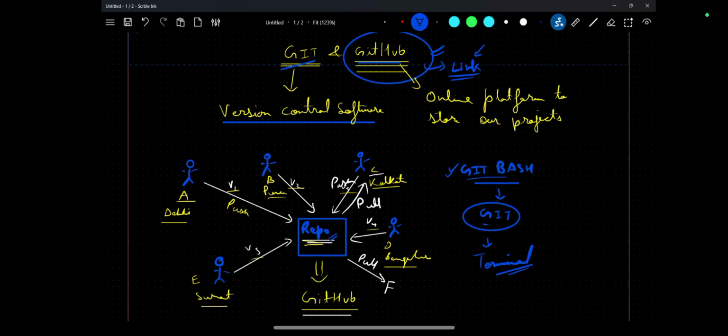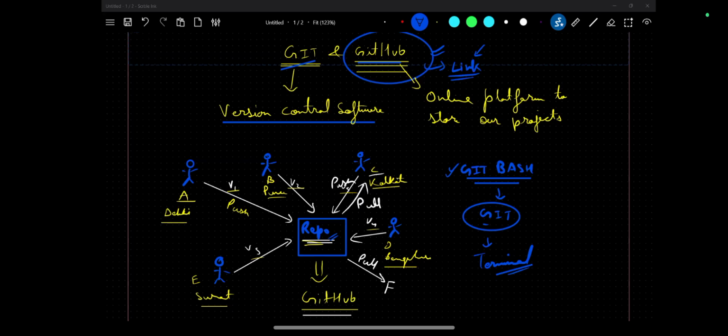Why do we need Git Bash on Windows? Because Git commands are Linux based commands, commands that we can run on a Linux operating system, Linux terminal. So Linux commands work directly on the terminal that we have on Mac OS, but in Windows OS it will not be possible. So what you need to do is work on Git Bash.